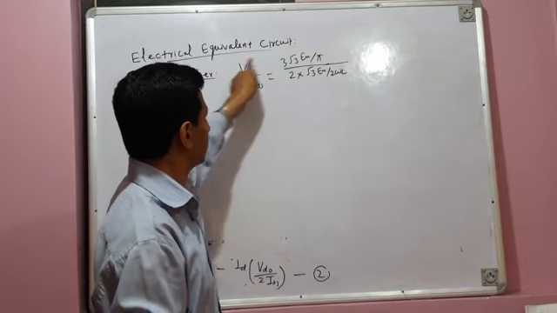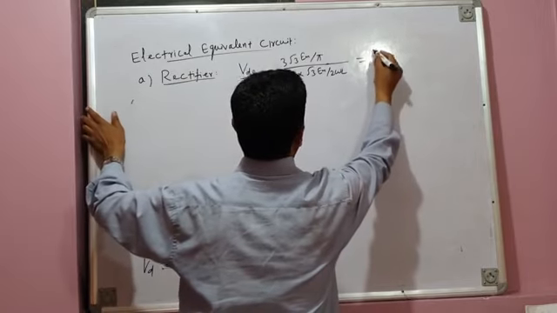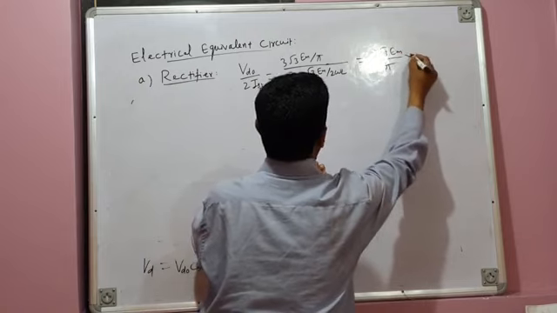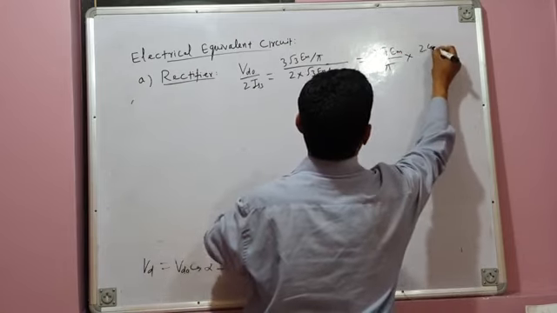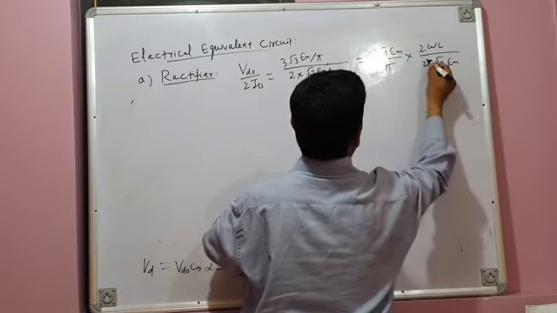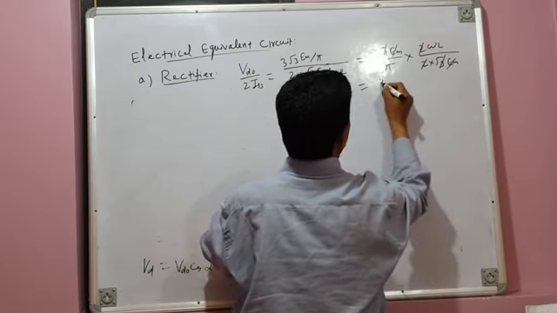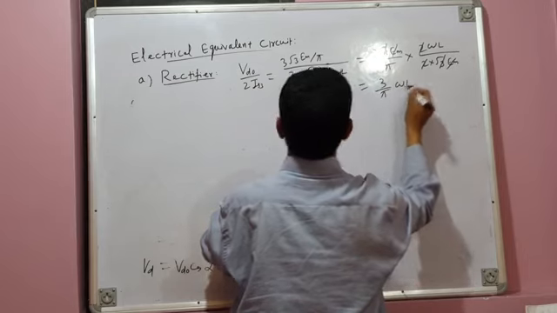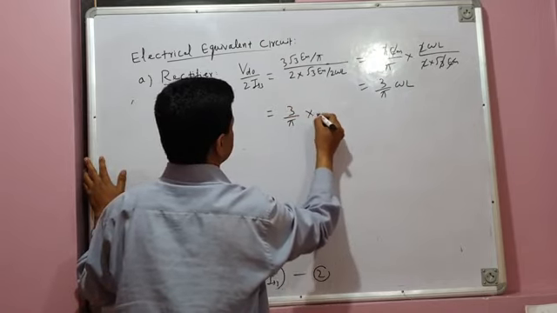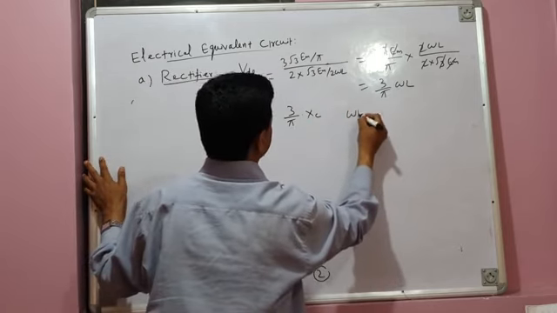We got this expression for Vd naught, and this is the expression for IS3. So if you simplify it, this will be 3 root 3 Em by pi into, 2 omega L will go up, divided by 2 into root 3 into Em. So this 2 and 2 goes, root 3 goes, Em goes. So this gives 3 by pi omega L. So that is equal to 3 by pi into Xc. This omega into L we can write as Xc, where what is this Xc?